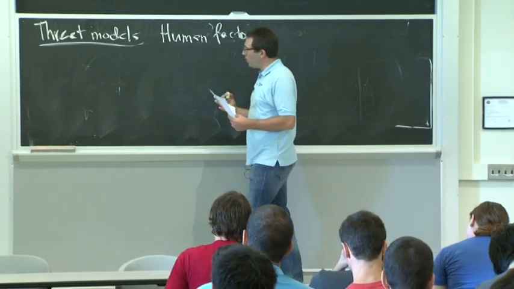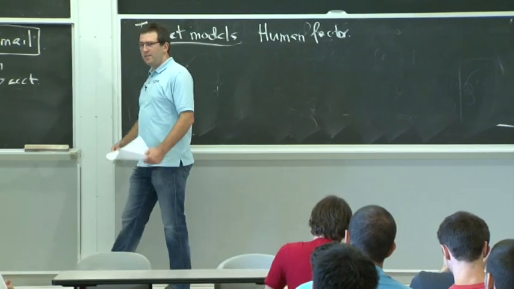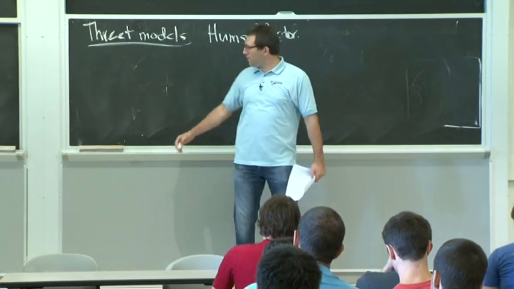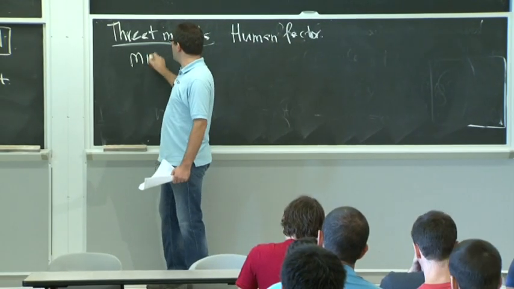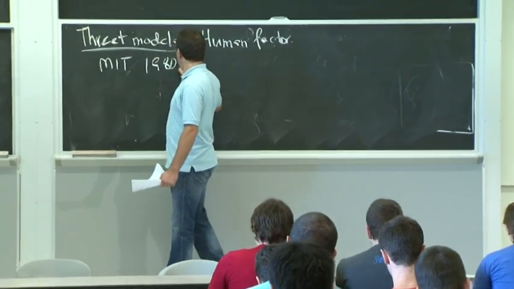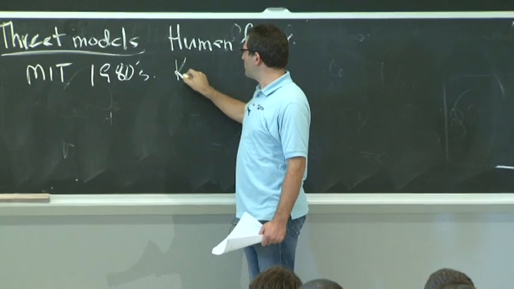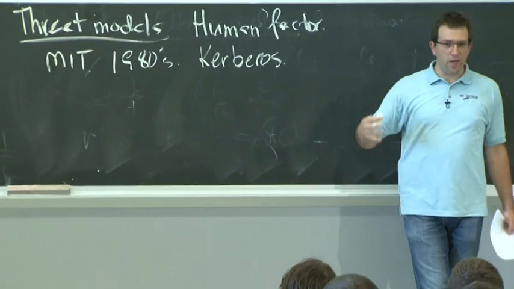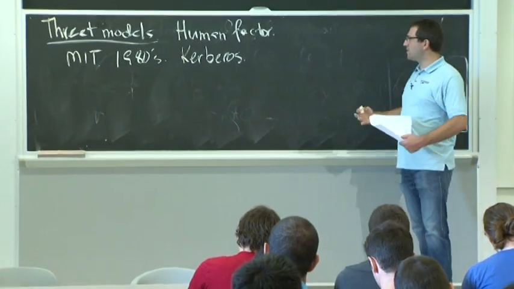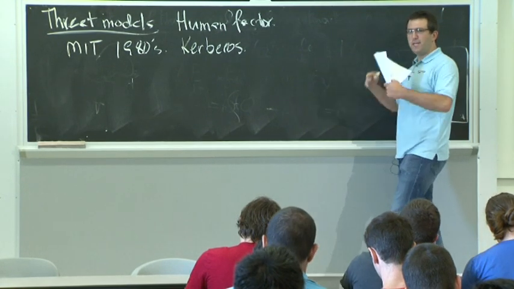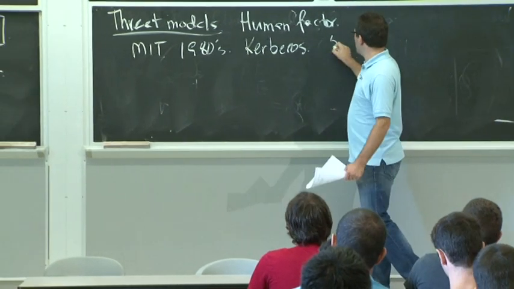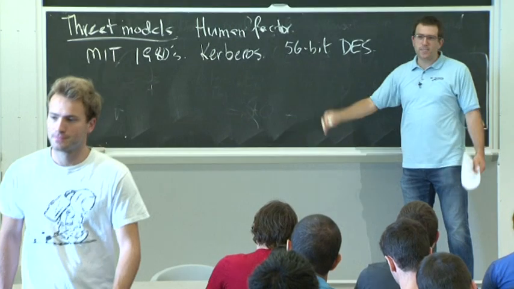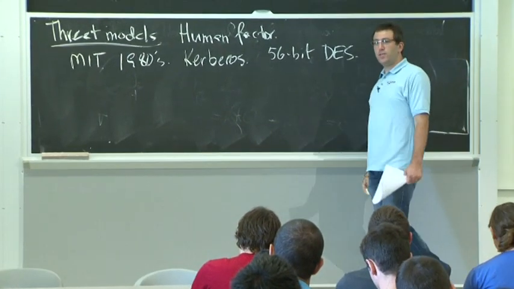Another good thing to watch out for in threat models is that they sometimes change over time, or whether something is a good assumption or not changes over time. One example of this is actually at MIT in the mid-80s. Project Athena developed this system called Kerberos, and we'll read about this in a couple of weeks in this class. At the time, they were figuring out that Kerberos is going to be based on cryptography, so we need to pick some size keys to make sure they're not going to be guessed by arbitrary people. And they said, OK, well, 56-bit keys for this cipher called DES seemed like a plausible size, maybe not great, but certainly not entirely unreasonable.